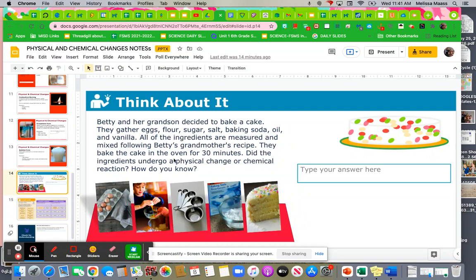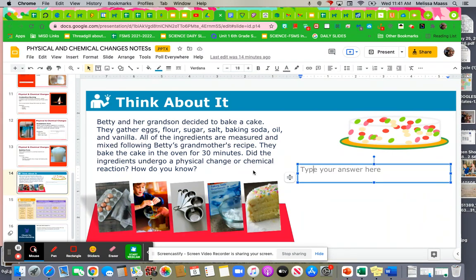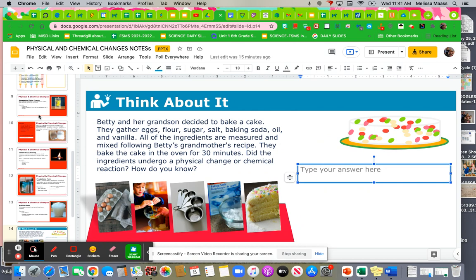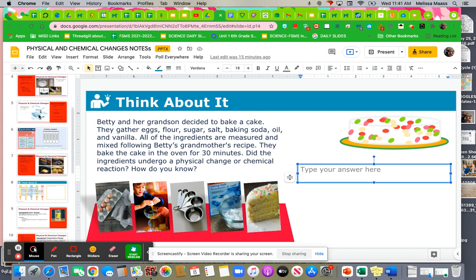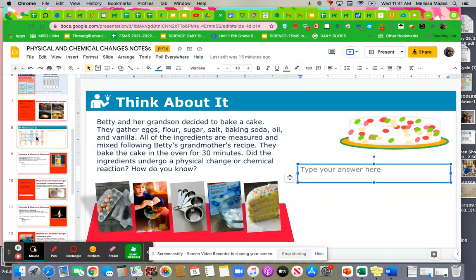Did the ingredients undergo a physical change or a chemical reaction? How do you know? Well, I always tell the kids, you should really memorize it. When you're baking something, it is going to be a chemical change. Reactions are occurring. So we can go back into these pieces of evidence that we have learned about, such as